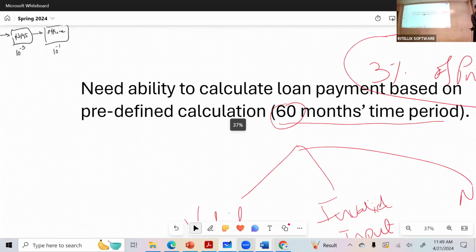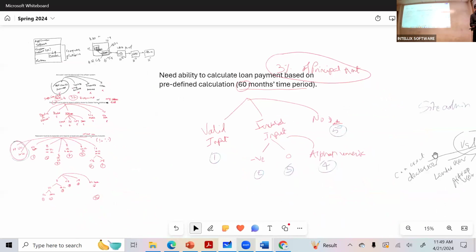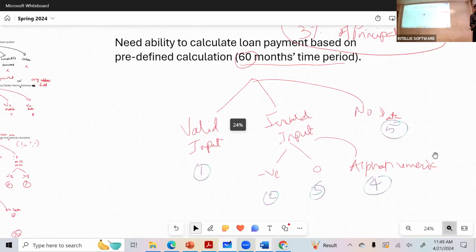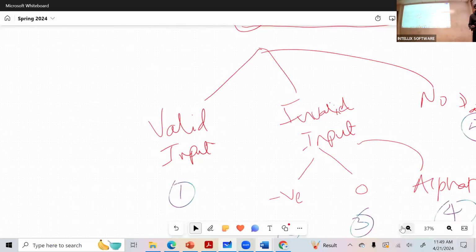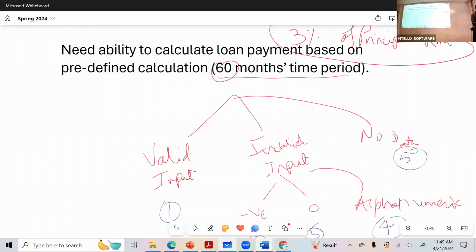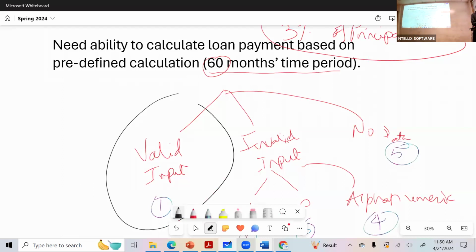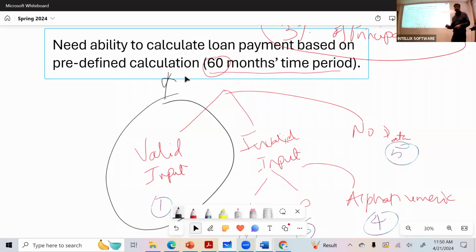I want you to write the test case for a valid input for the loan calculator. Write it on a piece of paper. For those in the classroom, if you flip it, you have a blank form.